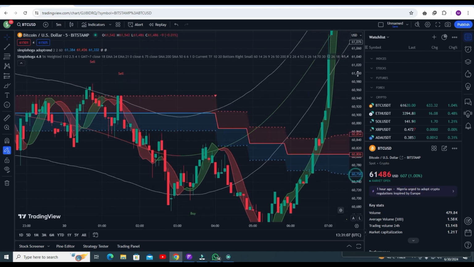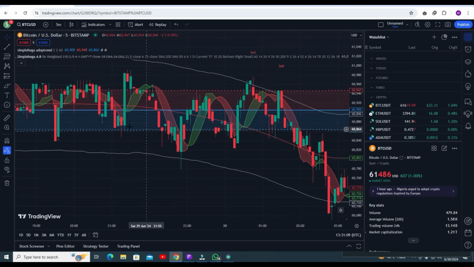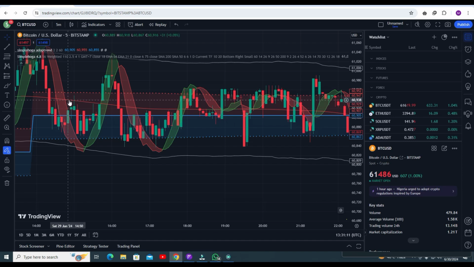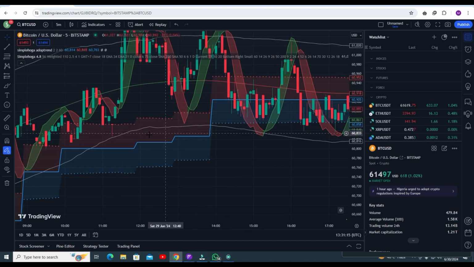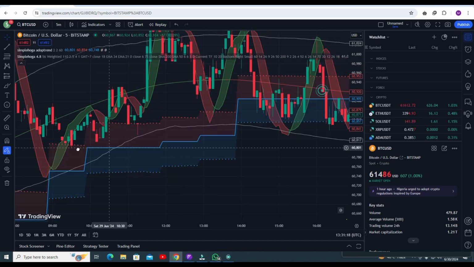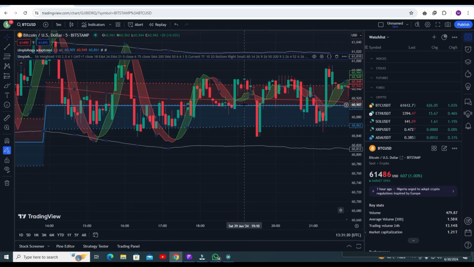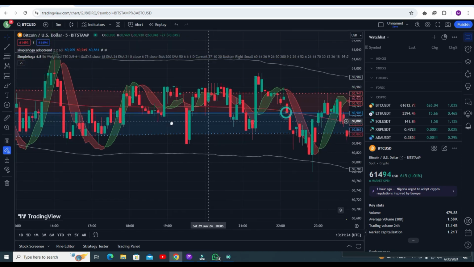Make sure you can see a trend line. When the trend line is below the middle line, you have to go for the buy trade. Either it's red or green, it does not matter. Let me show some examples here. If the trend line is above the upper band line and you got the sell signal, definitely you have to go for the sell trade.